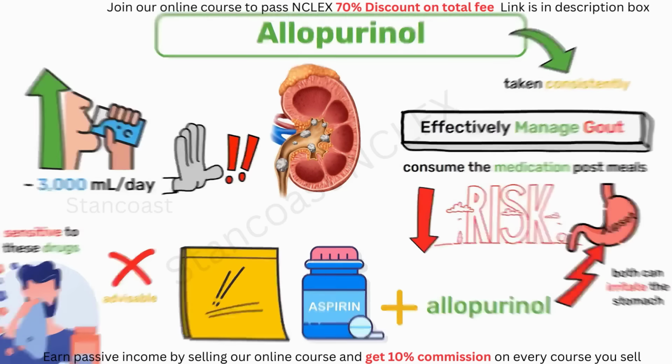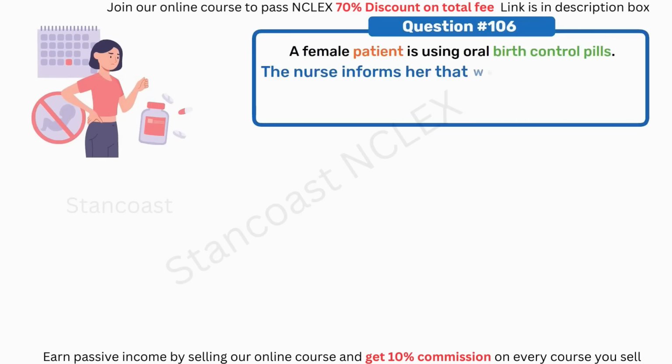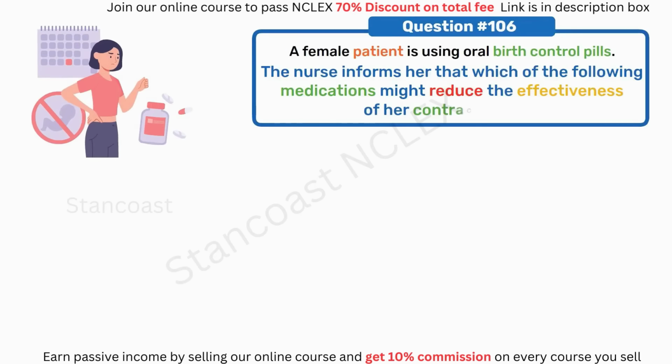A female patient is using oral birth control pills. The nurse informs her that which of the following medications might reduce the effectiveness of her contraceptives? A. Diuretics. B. Antihypertensives. C. Antihistamines. D. Antibiotics. Here, option D is right, because broad-spectrum antibiotics may reduce the effectiveness of oral birth control pills,